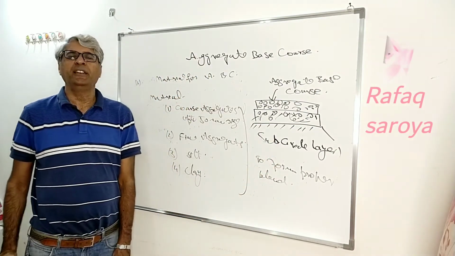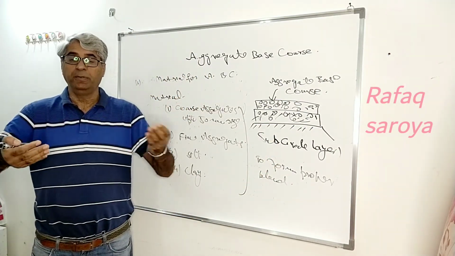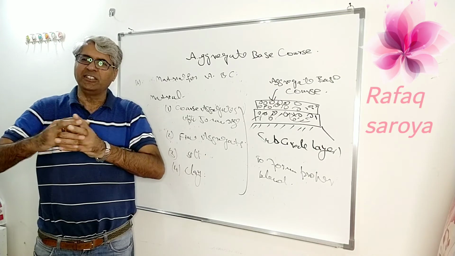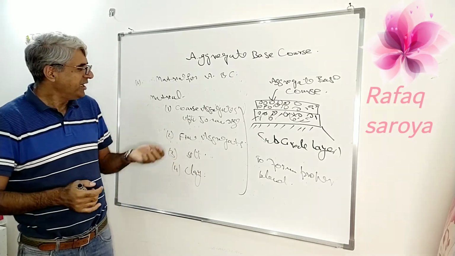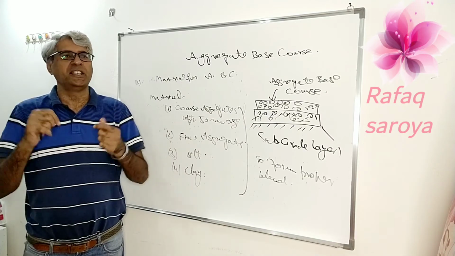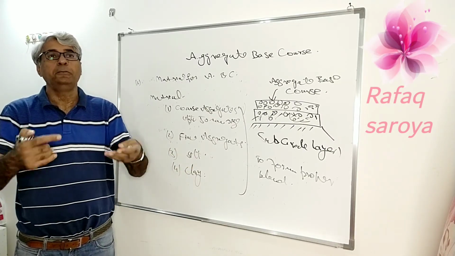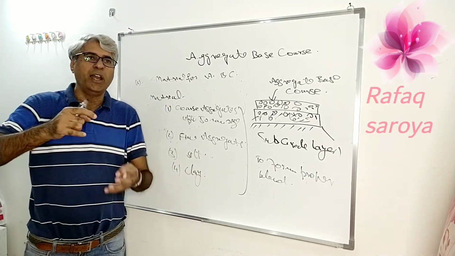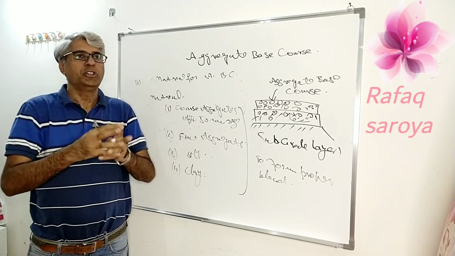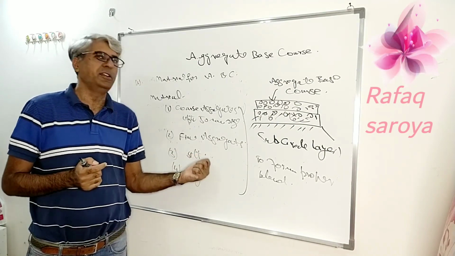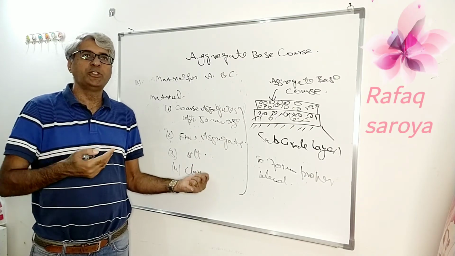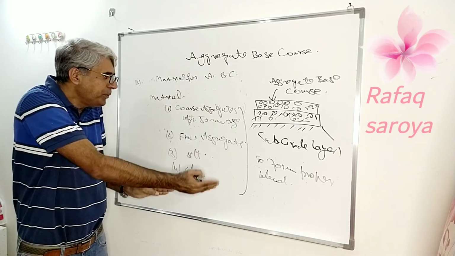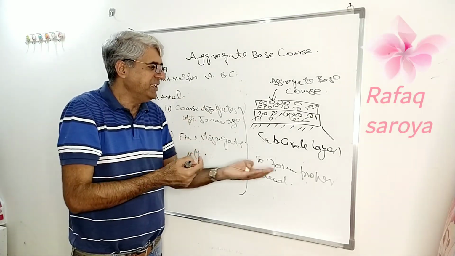What do you mean by proper blend? That I will show you later when I explain the gradation. Proper blend means they should be mixed up with each other in a very fine way. Coarse material is required in order to provide the strength. Silt and clay are the fines. These are required in order to fill the voids and to provide the cohesion. So that is why this is mandatory. But later we will also study what is the side effect if we have more of it. So keep this in mind. These four types of material mix up with each other to form this blend.